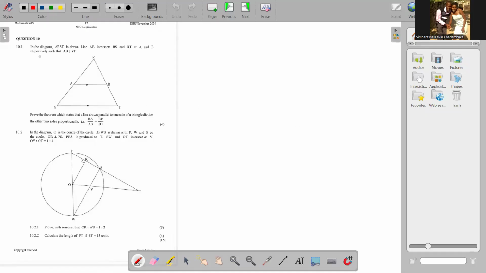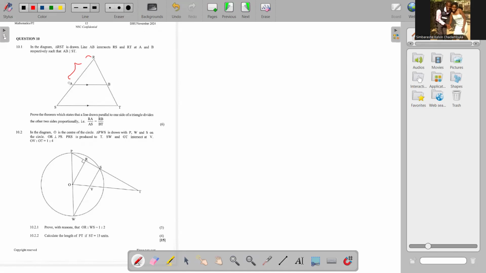Then we are on question 10.1. In this question, we are given in the diagram triangle RST, and you are told that a line AB is drawn bisecting RS and RT at A and B respectively, such that AB is parallel to ST. Then prove the theorem which states that the line parallel to one side of a triangle divides the other two sides proportionately. In other words, they are saying prove that RA, from here to here,